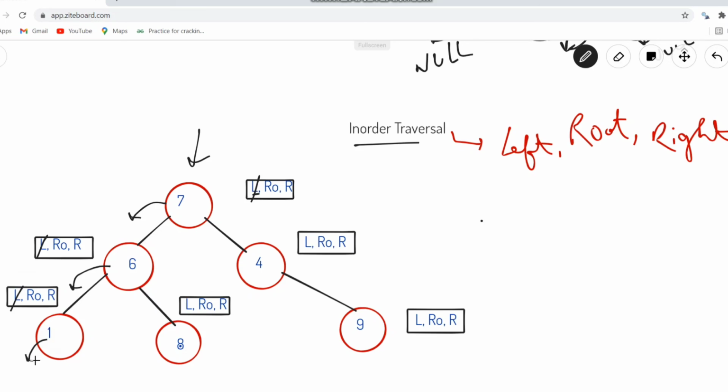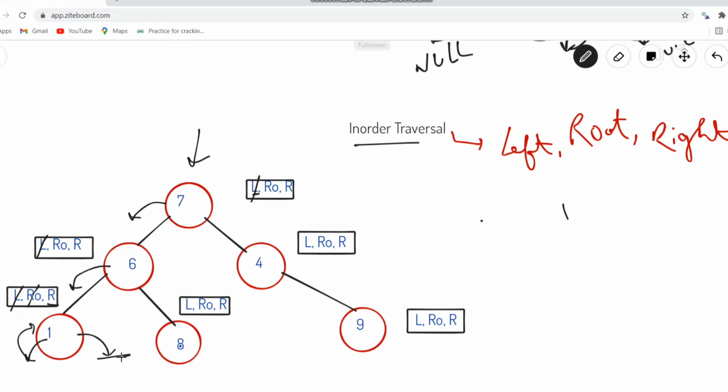Now there are no nodes available. It means that we have encountered a null value. The moment we encounter a null value, we'll be returning back to the caller of that null. So the caller of that null is the node having value 1. So we have done with left. Now the next operation is root. So we need to print the node's value. Okay. So we have performed this printing of the node's value. After that, the next operation is to move in right direction. So again, I'll be moving in right direction.